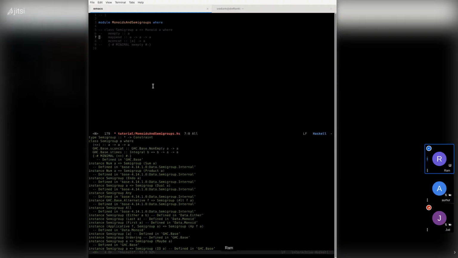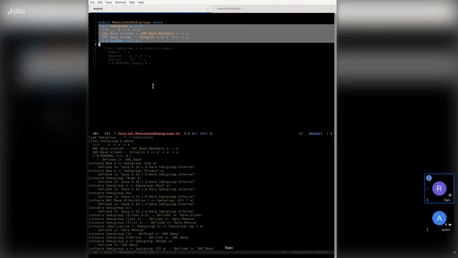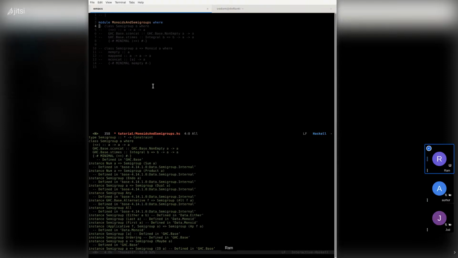The semigroup has only one particularly important implementation that you need to provide for your type, and then it'll become a semigroup.